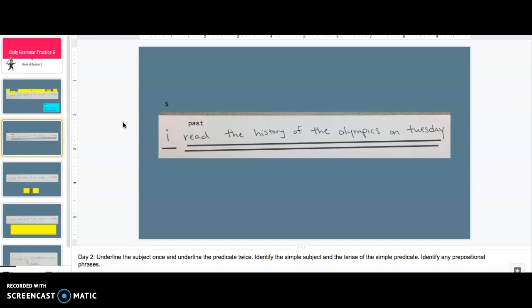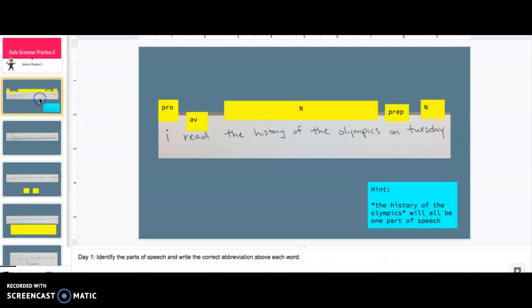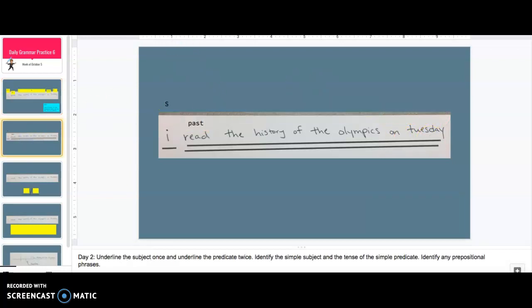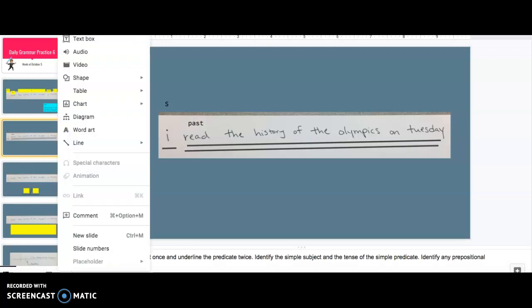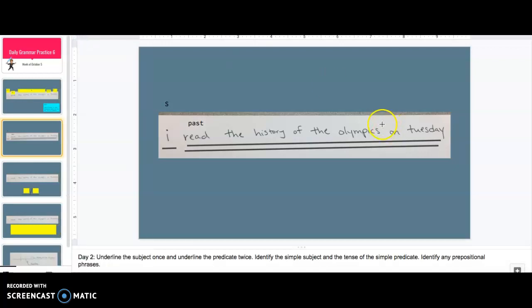Okay, the last thing we need to do is identify any prepositional phrases. Now, if we look back at our Monday, that green day, we can see that we have one preposition. And we know that prepositional phrases begin with prepositions and end with either nouns or pronouns. So our prepositional phrase is going to be on Tuesday. So we're just going to use regular parentheses, or the buts, to show that. So put one there,